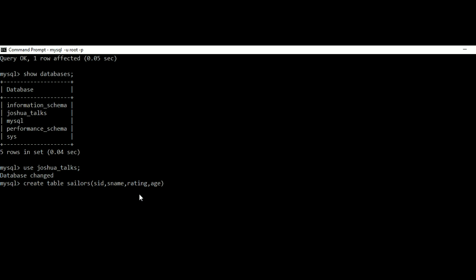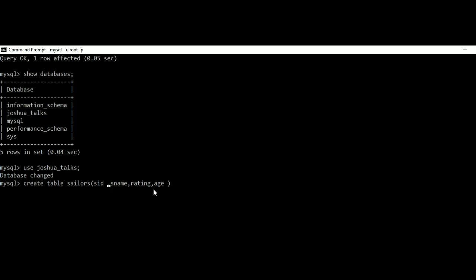Now I am defining 4 attributes in this particular table called sailors, but I have not defined the data types of these attributes, right? For that reason I have to specify the data types of each and every attribute. So SID, what could it be?